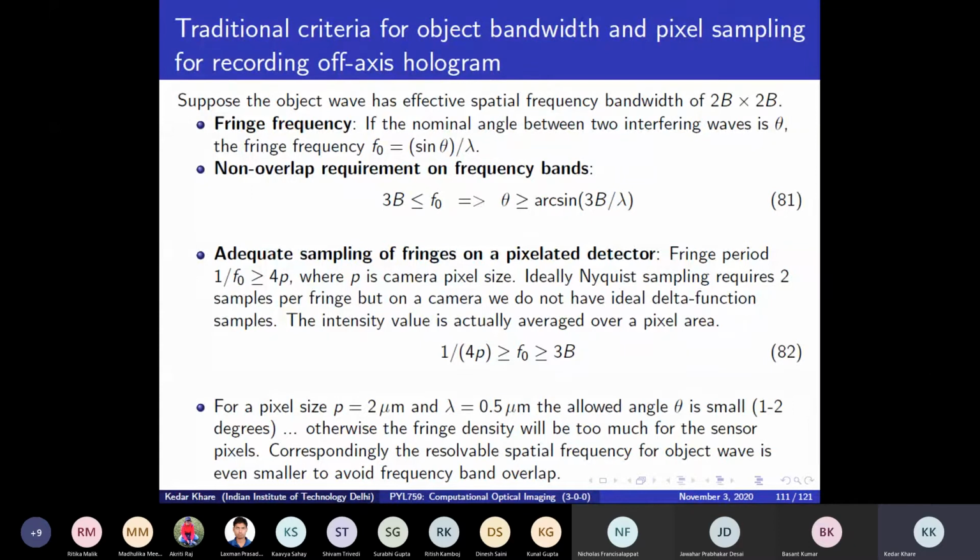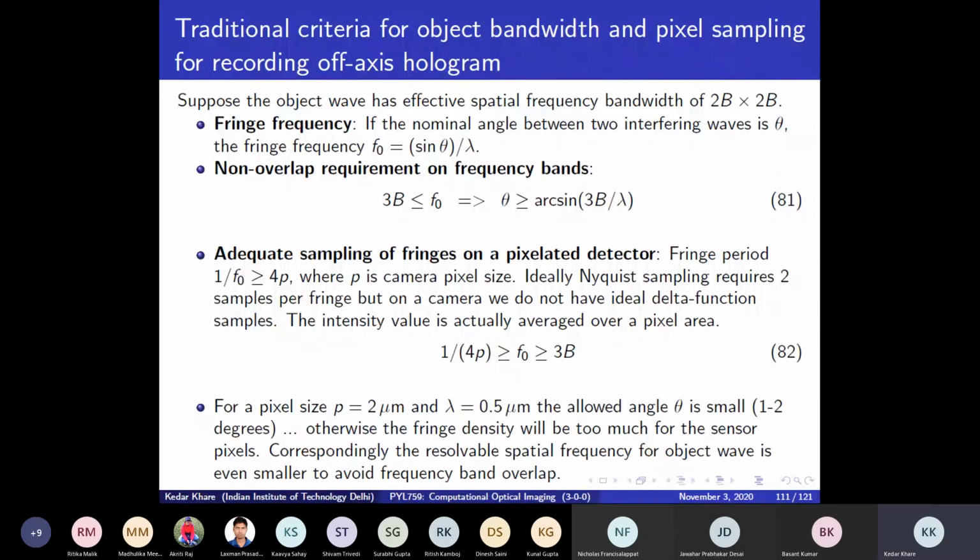So what you can do is, you can try to take this pixel size equal to say 2 micron, which is typical pixel size in many cameras today. So typical pixel size today is about 2 to 5 microns. Only some cell phone cameras today go down to about 1.5 microns. OK, but nominally you will get 2 micron cameras. So you can say that my f0 has to be less than 1 divided by 4p.